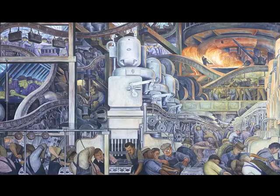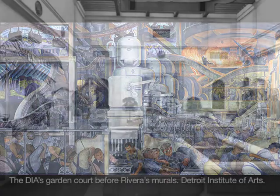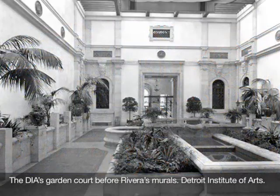This panel is more than 17 feet high and 45 feet long. It's overflowing with scenes from the factory floor and the many jobs that go into building an automobile. But imagine it blank for a moment. That's how Rivera first saw it. And he wanted to figure out how to give a sense of the entire production line in this relatively small